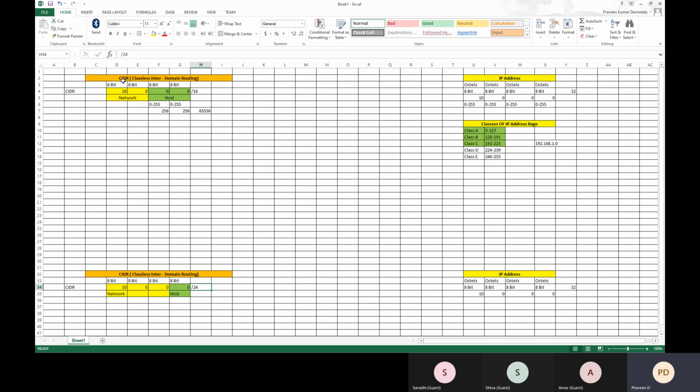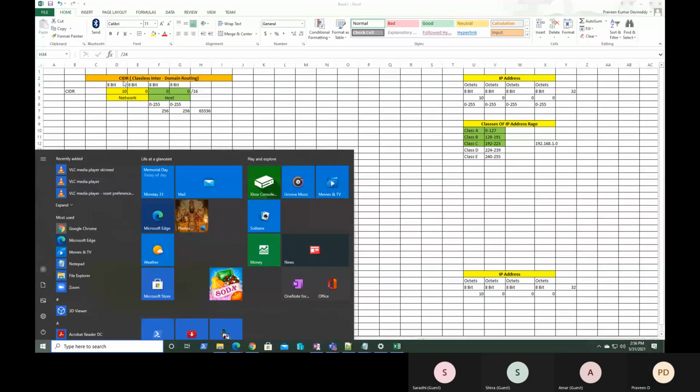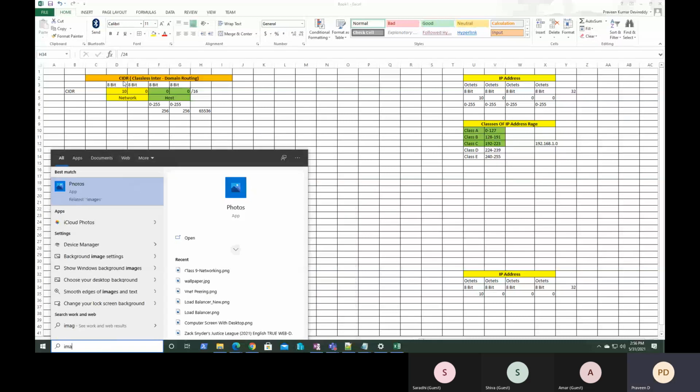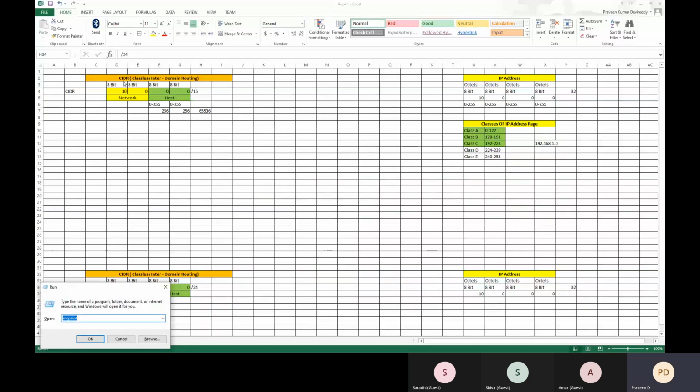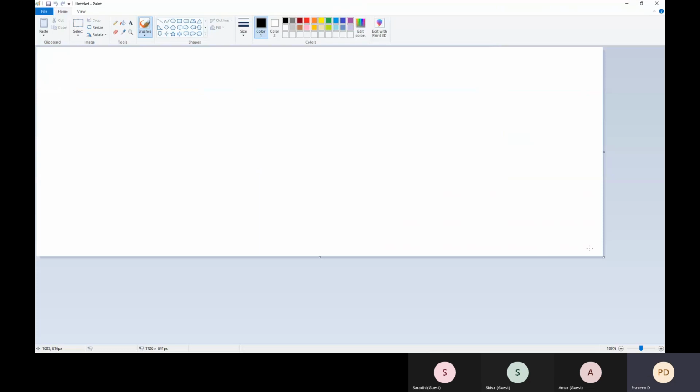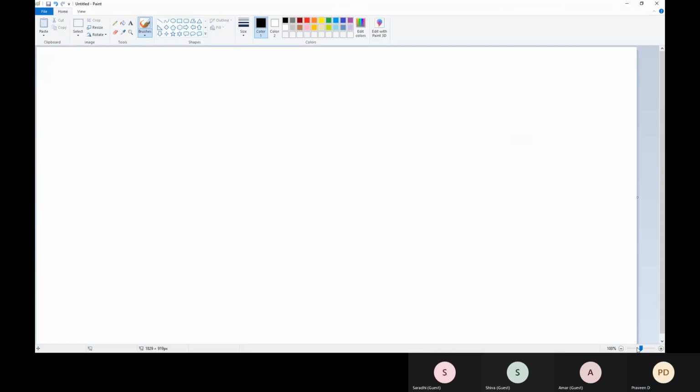Okay. So now every virtual network should contain a minimum of one subnet. For example, consider that there is some new office coming up.